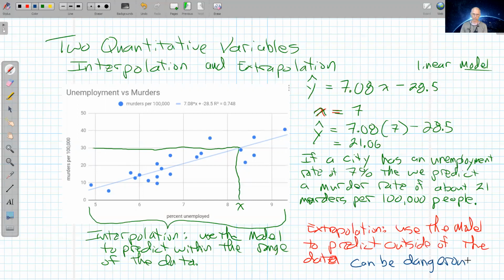Now, 10% isn't too far out for this line. That's somewhere over here. So I'm not too concerned about 10, but 15, 20%, or an unemployment rate of 1 or 2%, that's way outside of my data range. So I wouldn't be comfortable making a prediction with this model for numbers too far outside of the range. But interpolation,